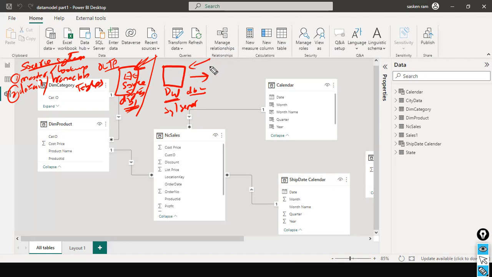Every week, the top-level executives want to see what is happening currently at a high level. Operation-level managers want to track on a daily basis. Unless they track on a daily basis, they will not be able to manage the day-to-day show. How many items are there? How many units are available in stock? How many units do we need to order from our vendors? All the details will be stored in